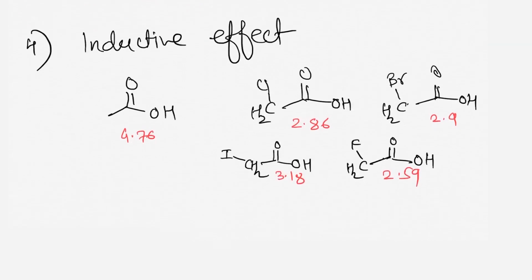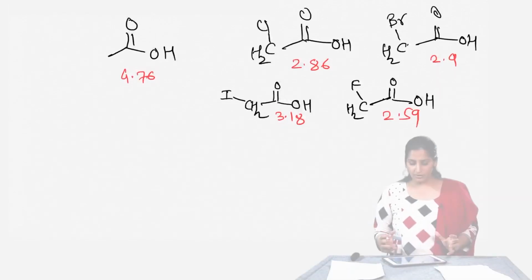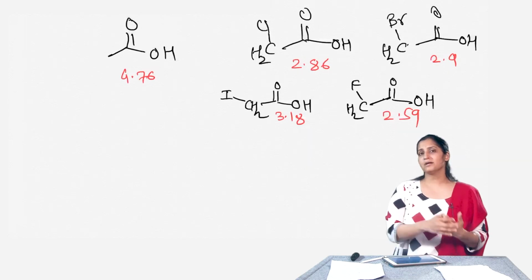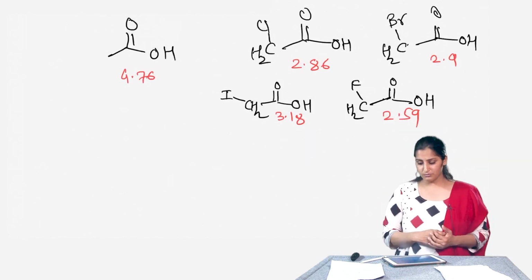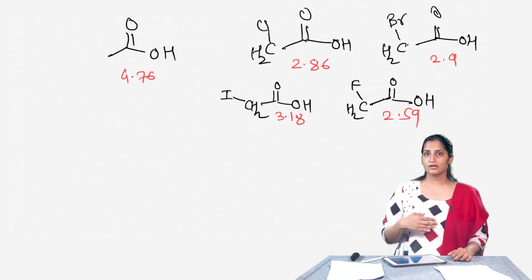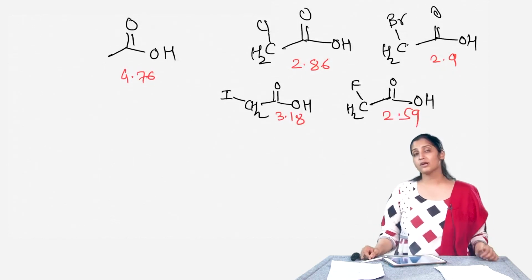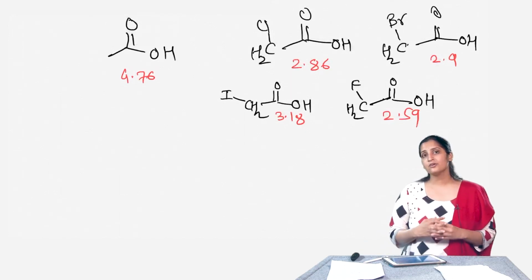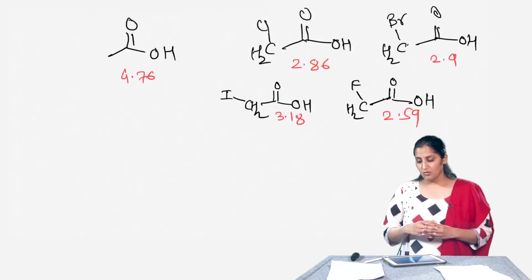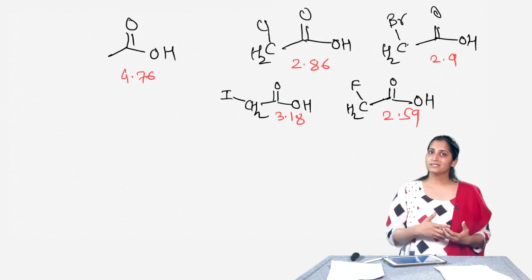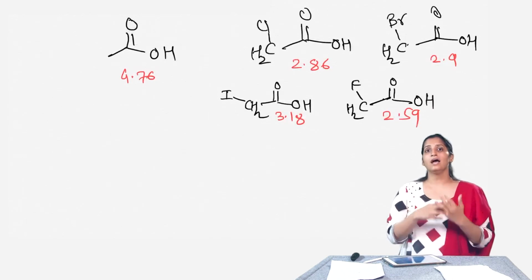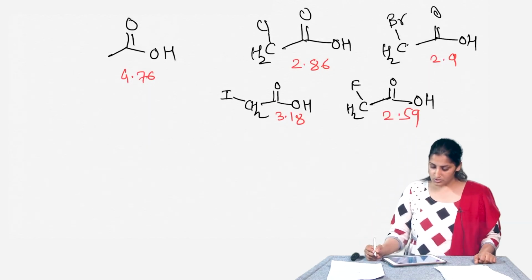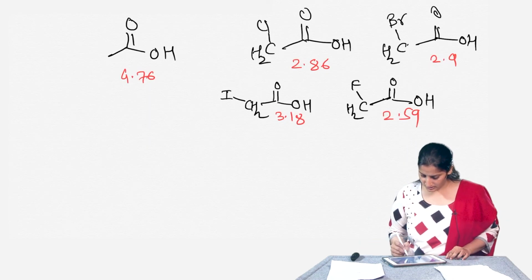So, what does this trend really tell you? If you look at this, fluorine is a lot more electronegative as compared to chlorine. Chlorine is more electronegative than bromine, bromine is more electronegative than iodine, and iodine is more electronegative than hydrogen. So, as we go on adding an electronegative group at the alpha position, what we see is that the acidity goes on increasing as the electronegativity of that element goes on increasing. So, if you think about it, let us look at acetic acid